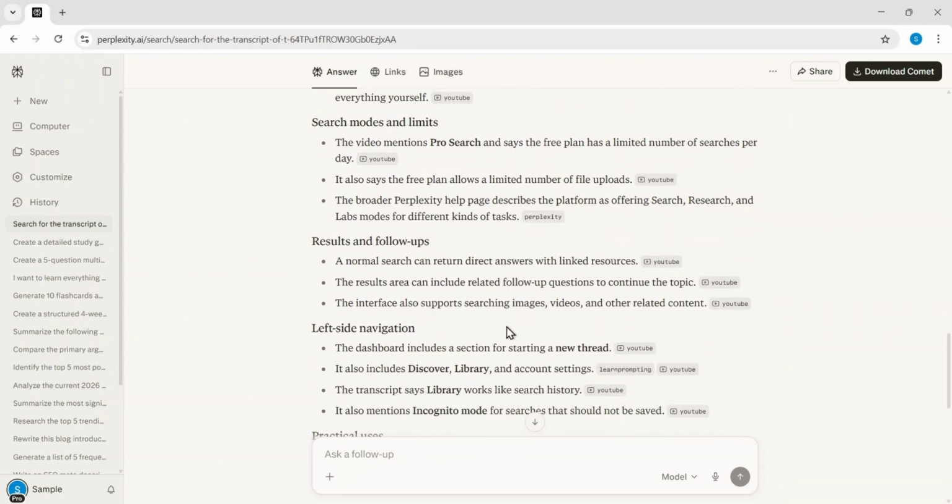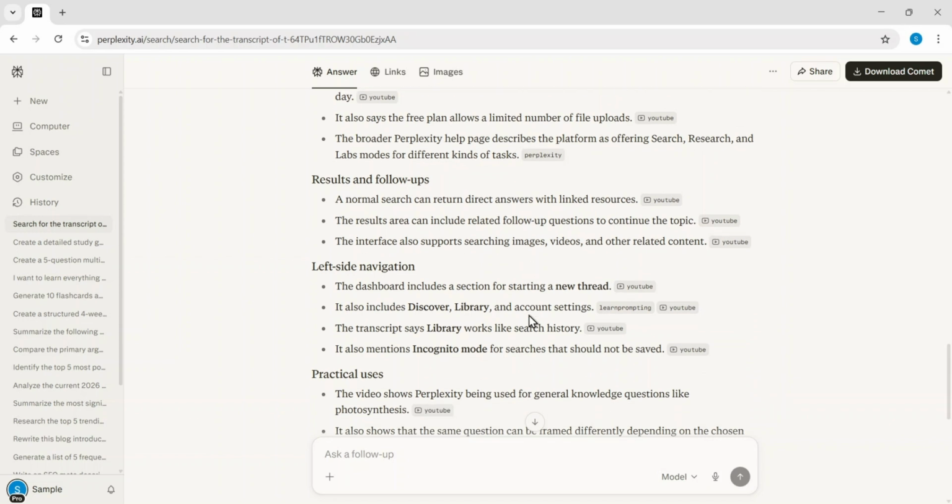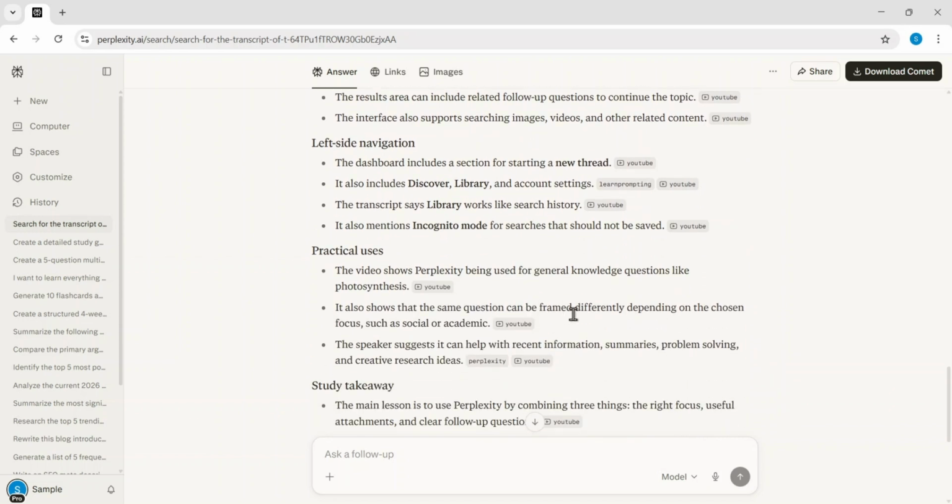Using these AI-generated notes is a powerful way to quickly digest long-form video content without having to watch the entire